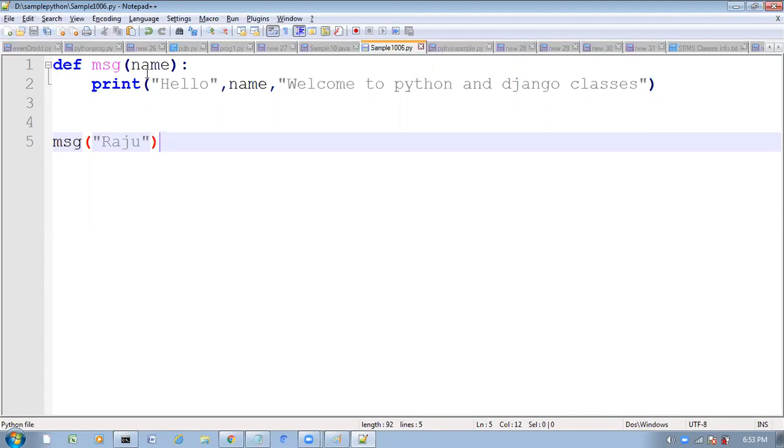Please respond. You guys know how to write the functions. Now what do we have to do? If name is equal to Raju, then only I want to get this response. If name is other than Raju, I want to print a different message, welcome to Java classes.